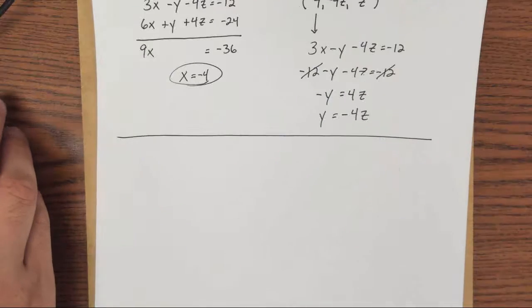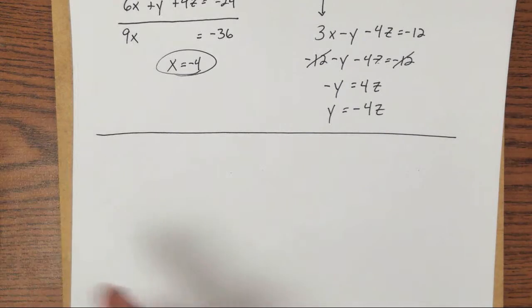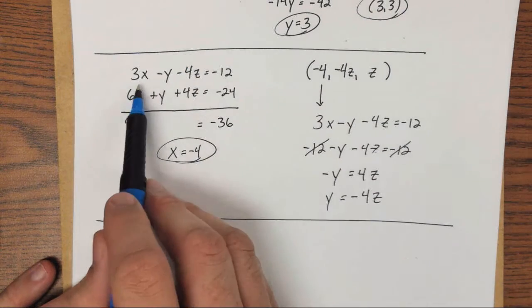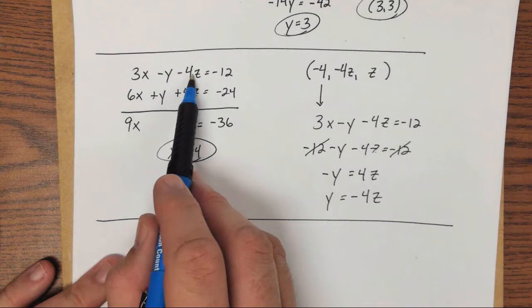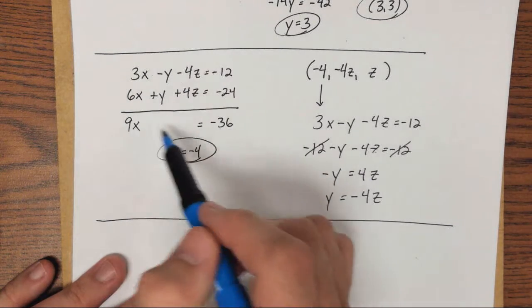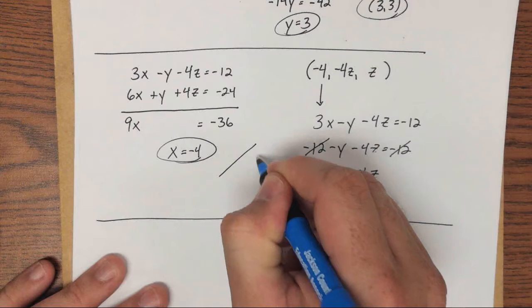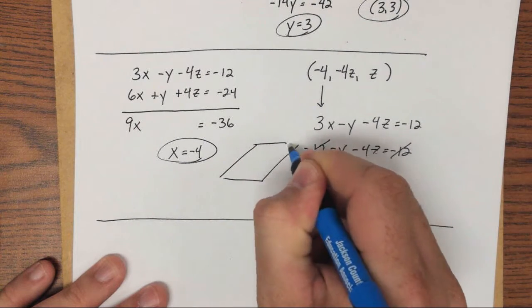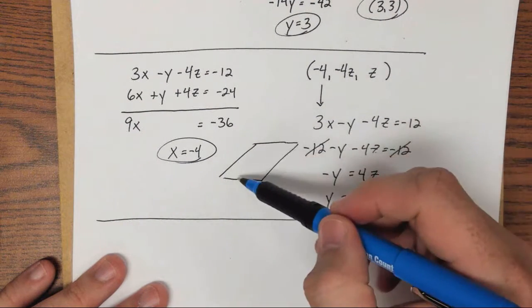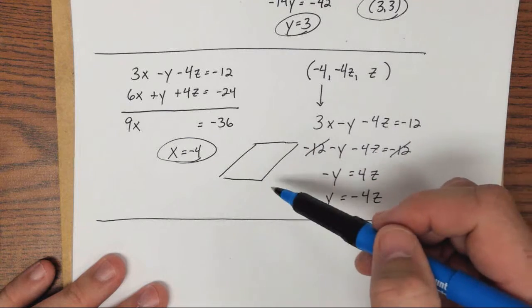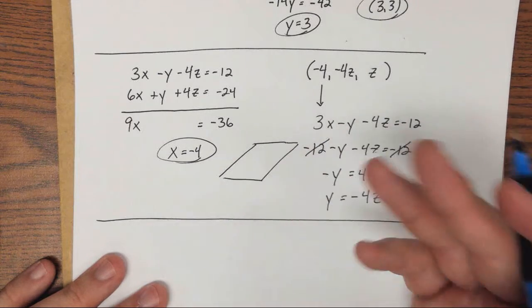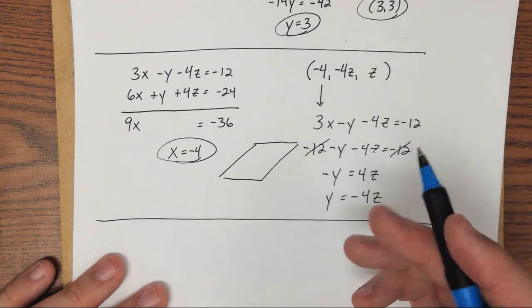Okay, today's lesson is nonlinear systems. Everything that we've done up to this point has been x to the first power, y to the first power, z to the first power. If you were talking three dimensions, I said we were talking like a plane. And we're talking about what if I've got a plane going this way in different directions, and where do those three planes cross? Sometimes it'll be at a point, sometimes it'll be at a line, and that's what we found